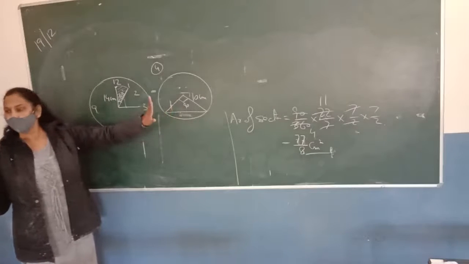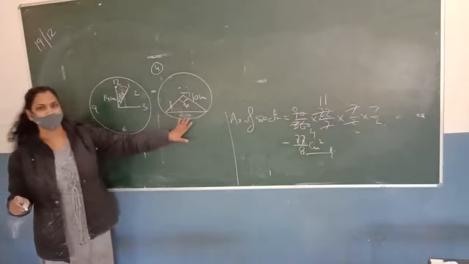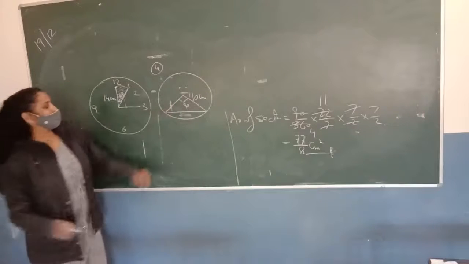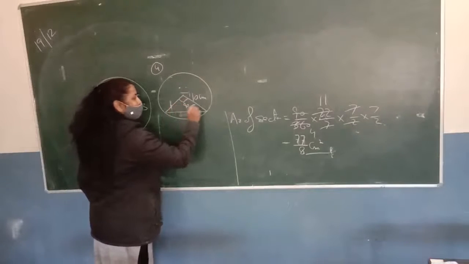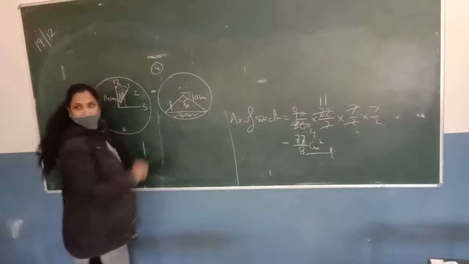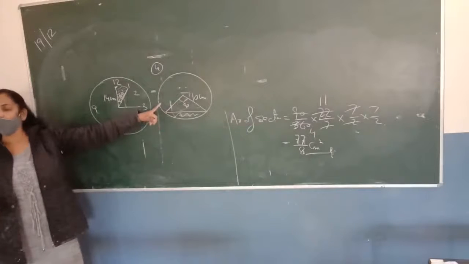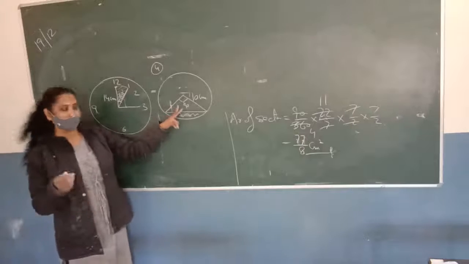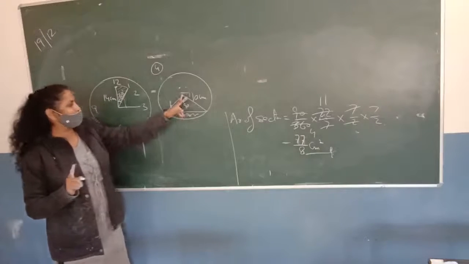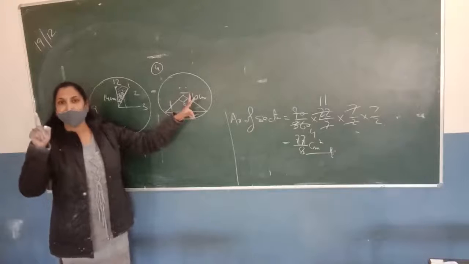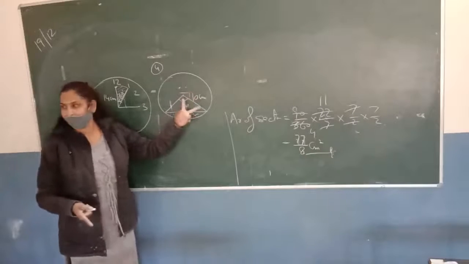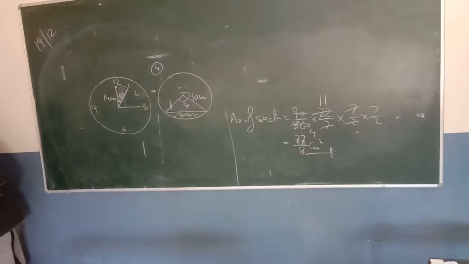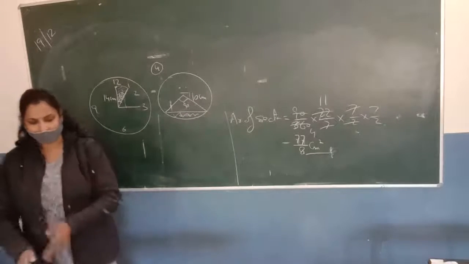So what will we do? First of all, we will find the area of this sector. Can you find the area of the sector? By using the simple formula 90/360 pi r square. And by subtracting the area of this triangle, we can easily find the area of this segment. What should be the area of this triangle? It will be half into base into height because the angle at the center is of 90. So we can find easily the area of this triangle by using the formula 1/2 base into height, where base is 10 and the height is also 10. So please do all the questions in your notebook in your homework except question number 7.